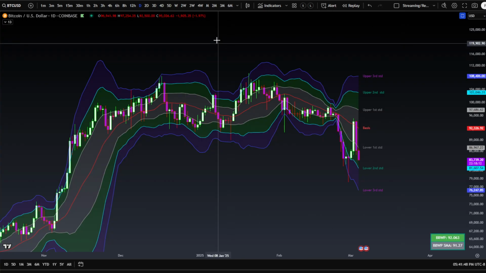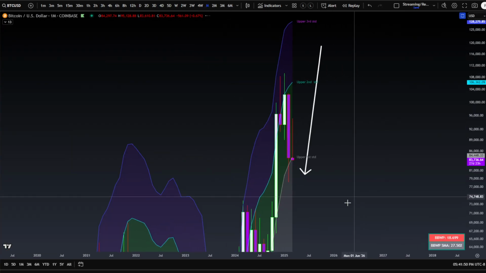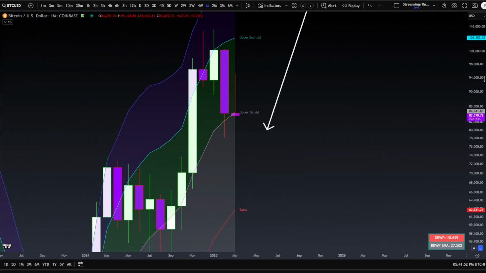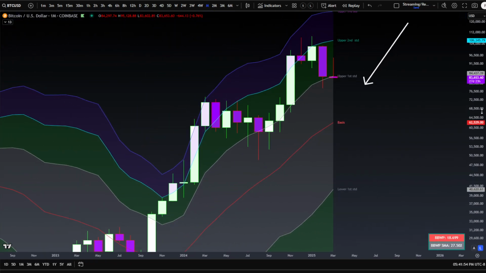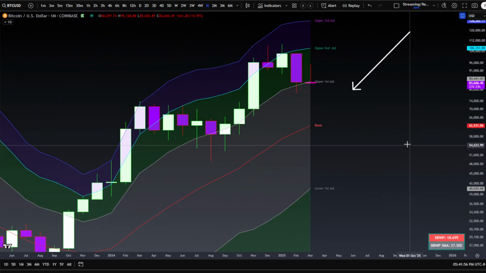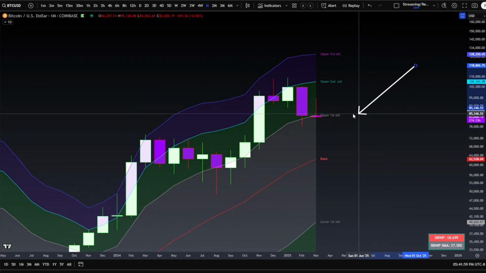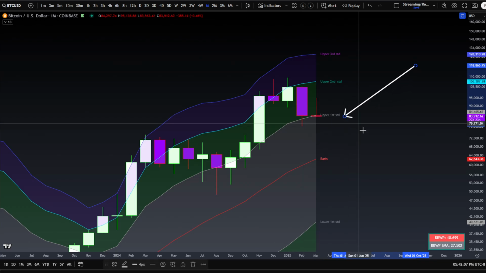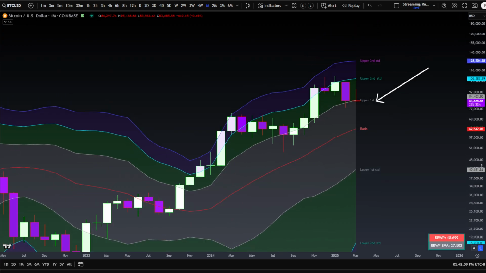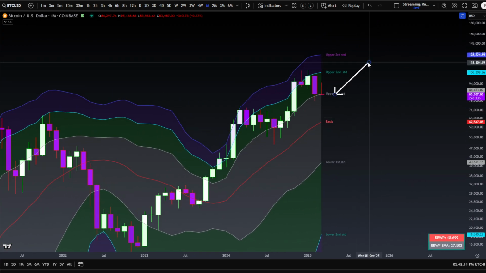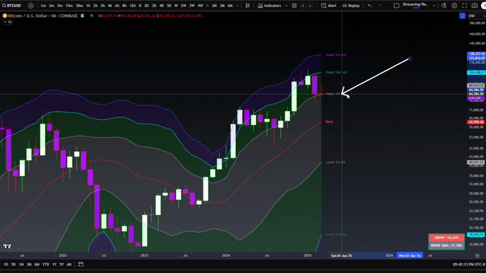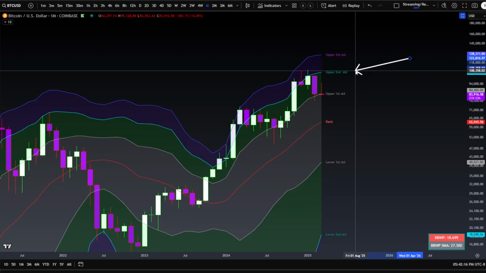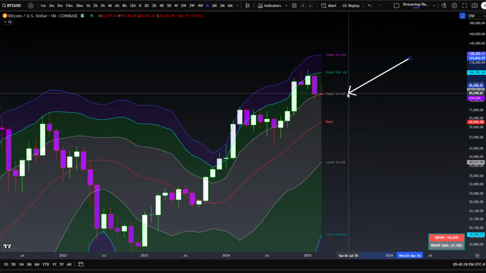Okay. Where did the monthly end? Well, we talked about the monthly close, and I talked about the fact that we do have to be on the lookout for when price starts to play below the lower first. Now, luckily, there is last month's low. It can be swung and it can be held. It can be front run, but trading below the upper first standard deviation on the monthly is not what bulls want to see. They want to play in the upper first to upper second zone, essentially 84.5.